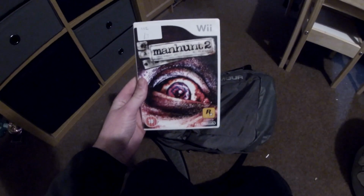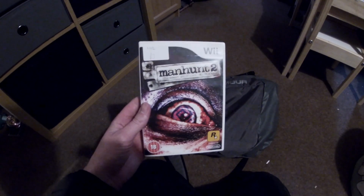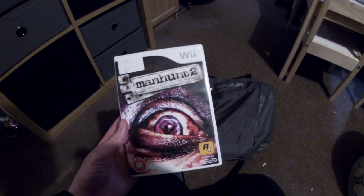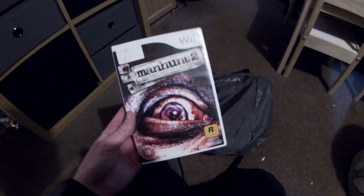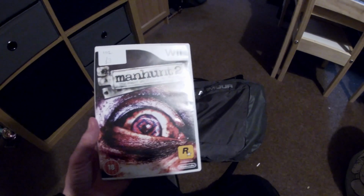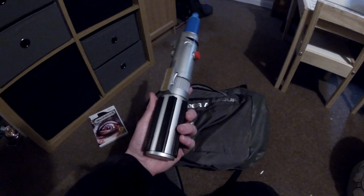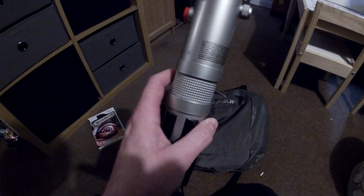Okay, so haul from Thursday. I'm fairly certain everything is from just the one charity shop. But we have Manhunt 2 on the Wii. Paid £3. I'll be honest, I thought it was worth a lot more than what it is. Signal was absolutely terrible, so I couldn't actually check it. We're looking at around, honestly, like £5-6 all in. Really shouldn't have picked this up. Next up is a blue lightsaber from